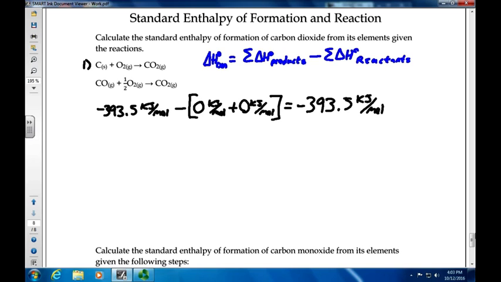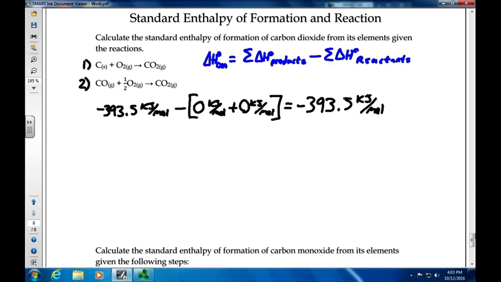It's putting out, releasing 393.5 kilojoules of energy for every mole involved in the reaction. For every mole in the reaction. Okay? So, equation number 2